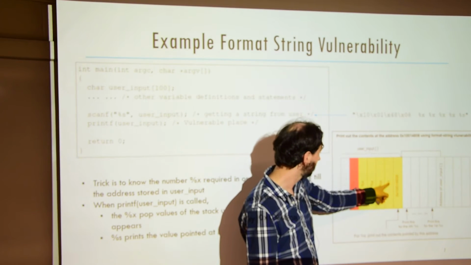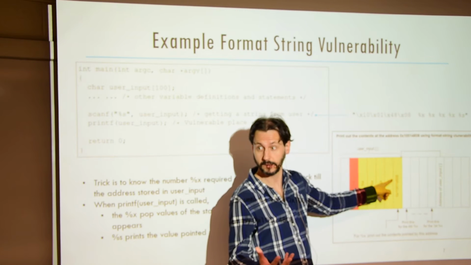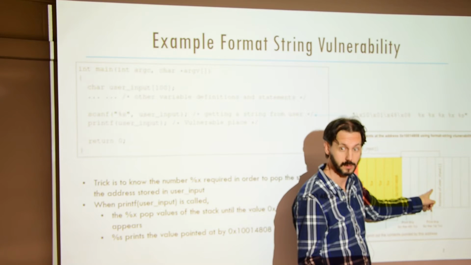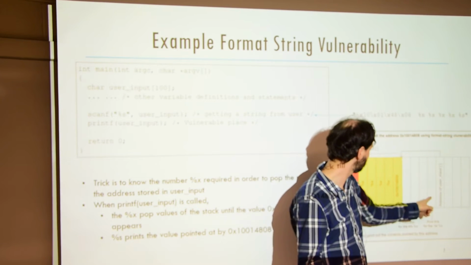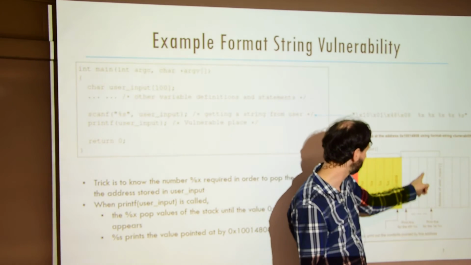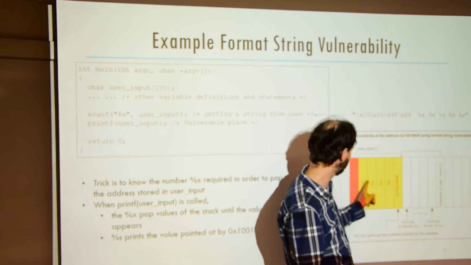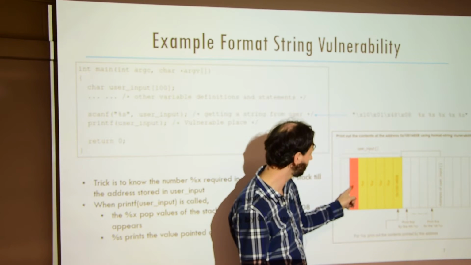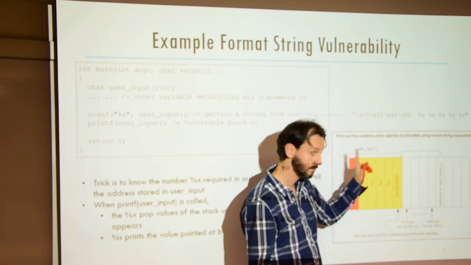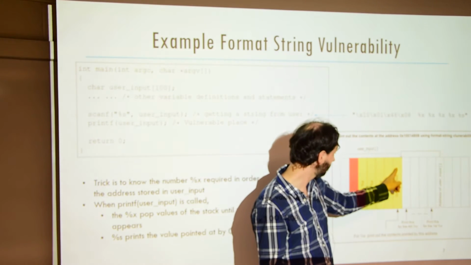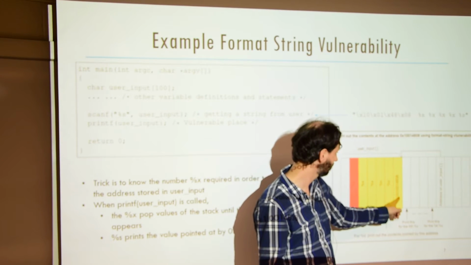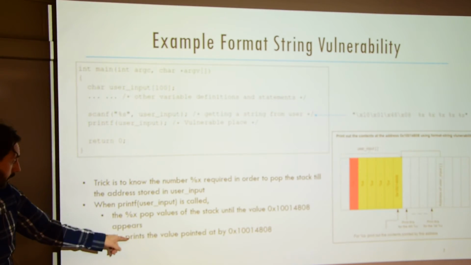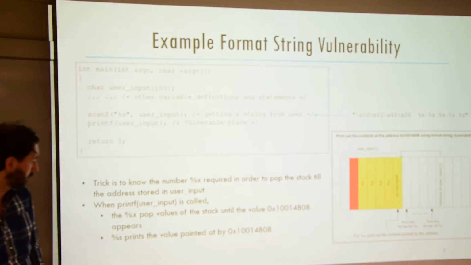Then I have this, and it says retrieve a hexadecimal number. So what does it do? It looks at the next point in the stack, because that's where it was, and it retrieves this. Then it looks at that, it retrieves that. It looks at that, retrieves this, looks at this, retrieves this. And now it looks at percentage s, which simply means that you print the value corresponding to this address. So that's pretty cool. So now you will print the value pointed at by this particular address, and that is